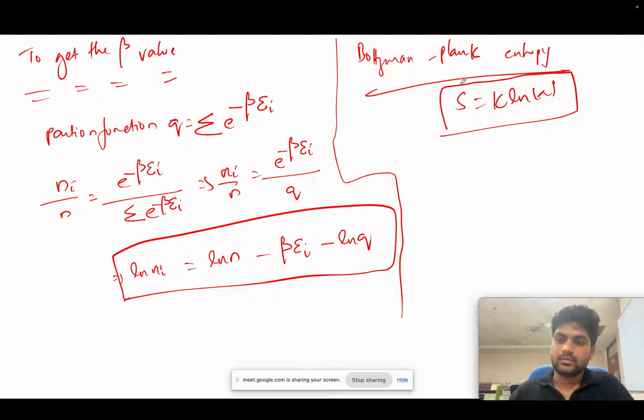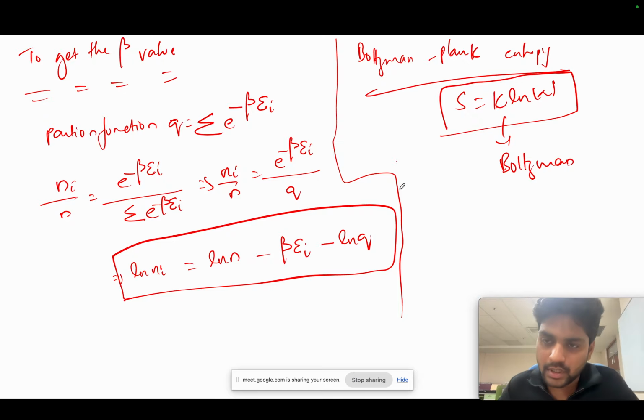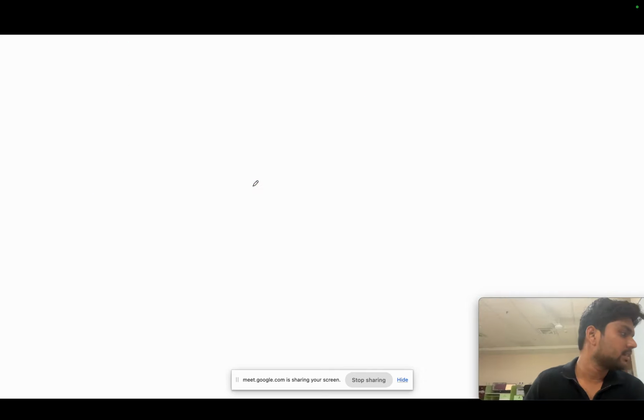This is the Boltzmann constant. We will discuss more about this in future classes, or how the entropy is related to the thermodynamic probability and the Boltzmann constant. So for now, just remember this formula: S equal to k ln W, and we know the ln W as